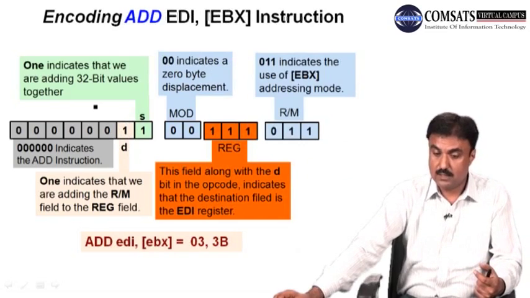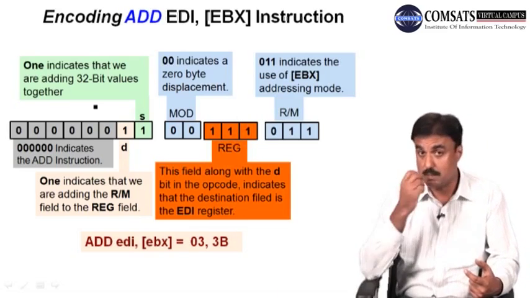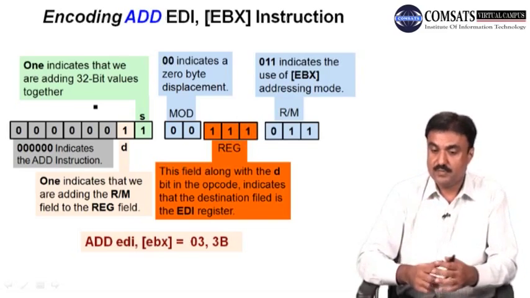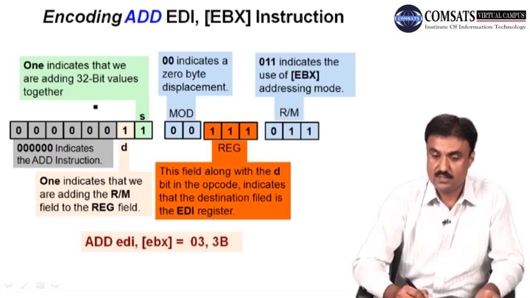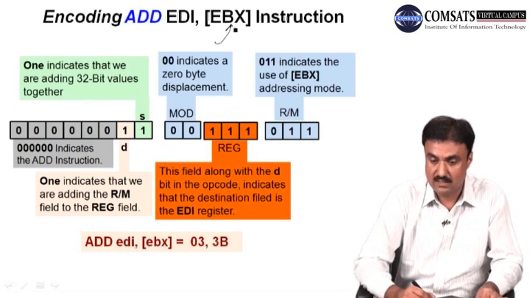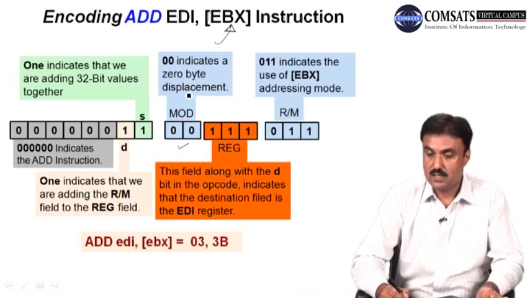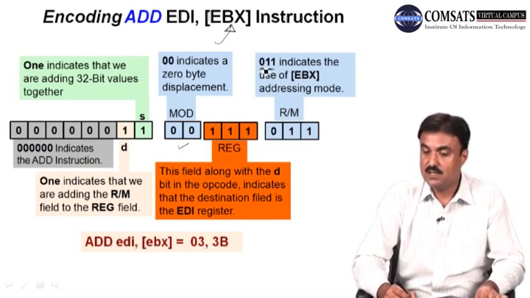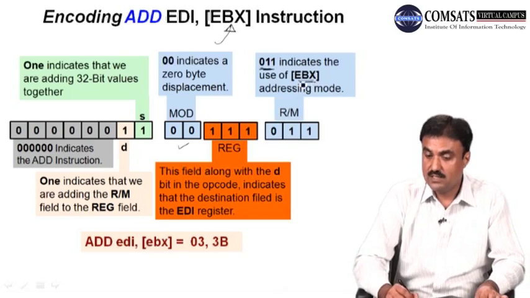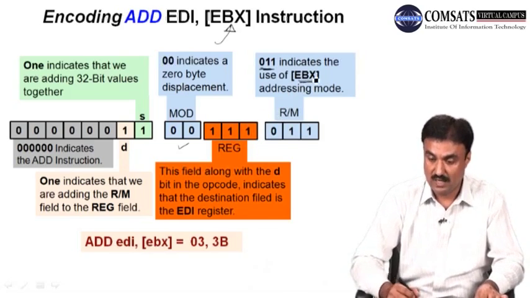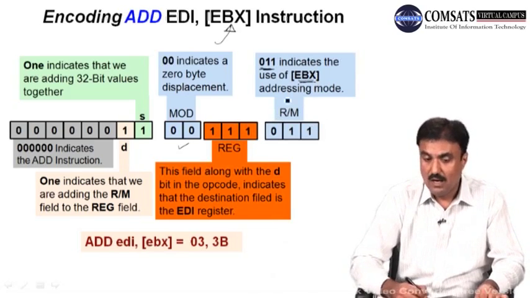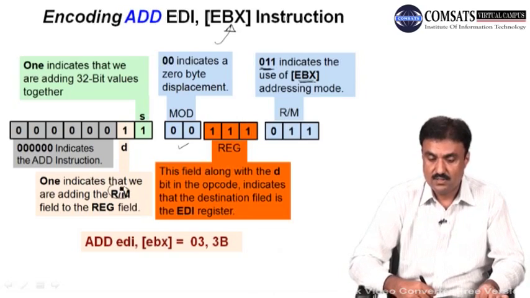Now at this point, there's another example. If you are going to encode ADD EDI with the register indirect addressing mode, for example, we have the address inside EBX. So this should be 00, which indicates 0 byte displacement. In this case, it will show that we have 0 byte displacement, and now it will not be 101, it should be 001, which indicates that the EBX register, in the indirect addressing mode, is the register which is holding the address. So this should be between, which indicates that we are adding